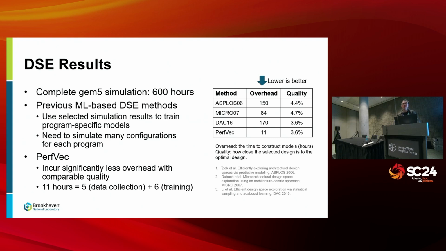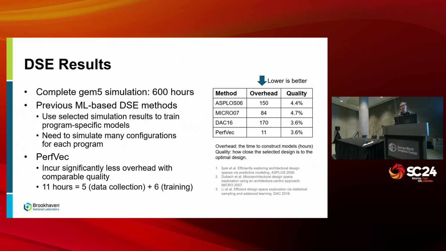And the table on the right actually shows this overhead. On the table on the right, we compare with several previous works in terms of both overhead, which is how long this design space exploration takes, and the quality, which is how close it is to the actual optimal solution. We can see here that for the previous work, it takes at least 80 hours. But for our work, it only takes